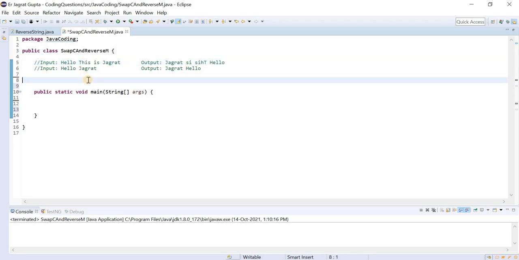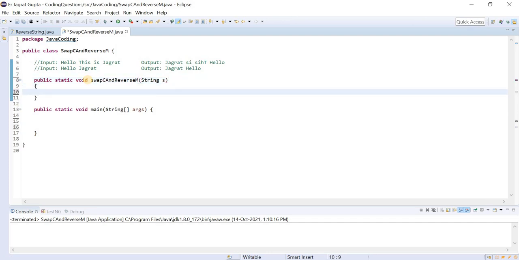So let's start to initiate the function, and side by side I will tell you how we are going to implement this. So swap corner and reverse middle, and here I will pass this particular string. As the first thing, of course, we need to store it in some string variable, output.